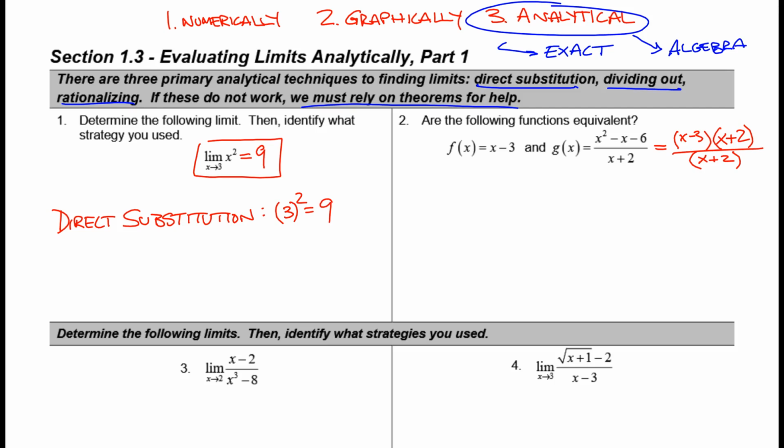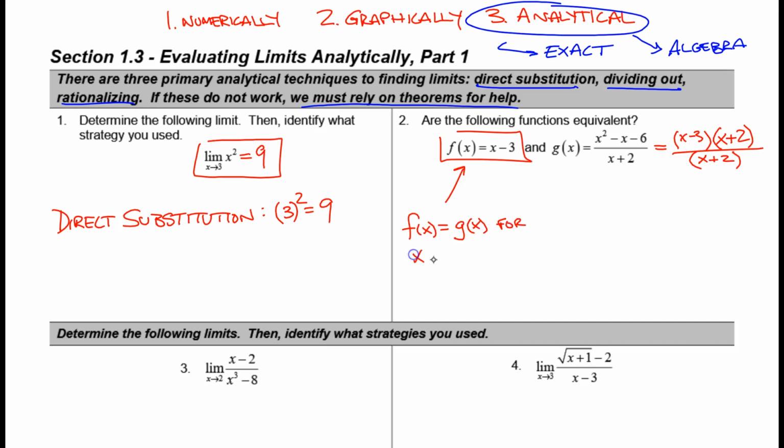So here's what I would say. We know f of x equals x minus 3, and if I were to think about crossing out these x plus 2's, I would be left with x minus 3. So those functions look equivalent when I cross out the x plus 2's. I'm going to leave the x plus 2's there, though. So here's what I want to say. f of x equals g of x